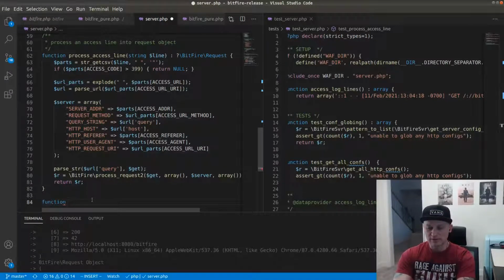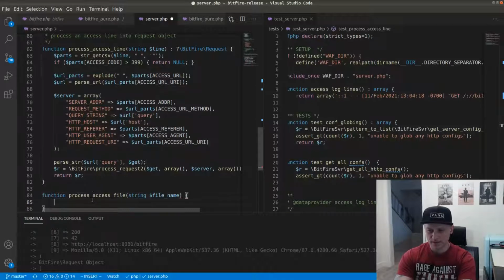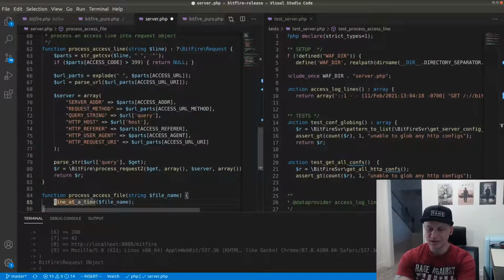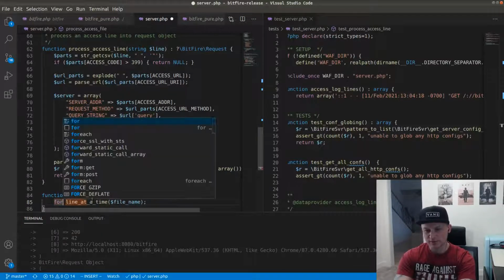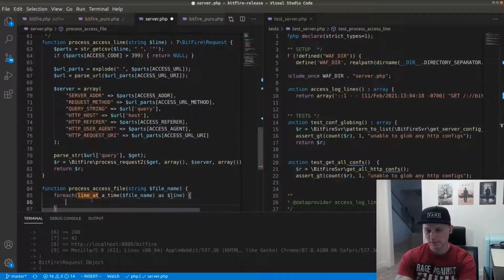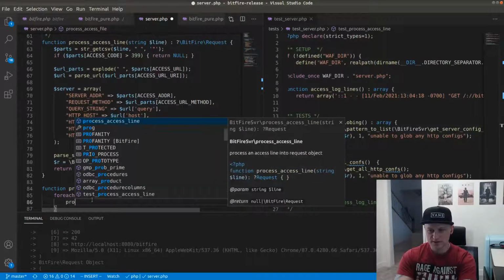So now we're going to have a function, we'll call it process access file, and that'll take a string, which is the file name. I'm not sure what I want it to return yet, so we'll say line at a time, and the file is file name. I really hate for loops, but PHP is kind of designed like this. So foreach as $line, process access line,